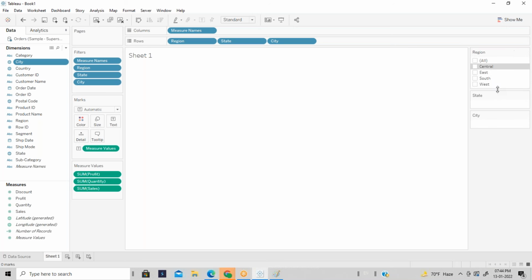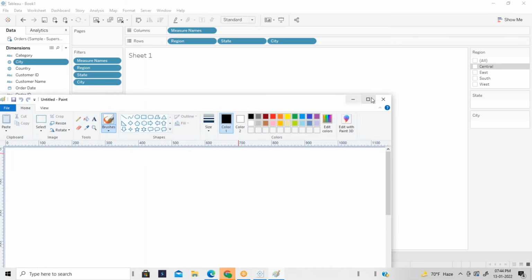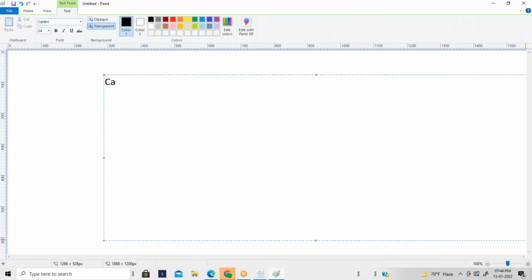A filter which depends on another filter is called a cascading filter, guys. Remember this. Some people in interviews will ask, what is a cascading filter? How can we define the cascading filter?